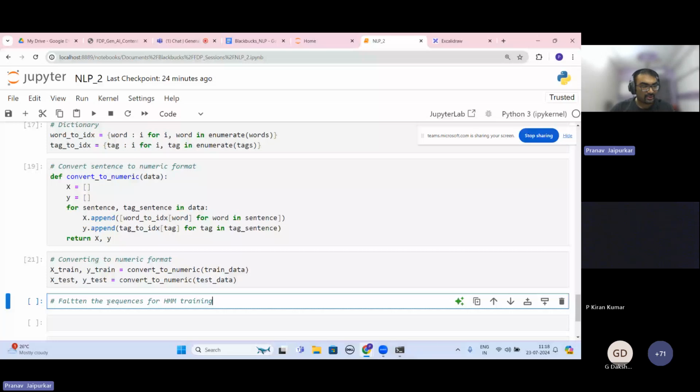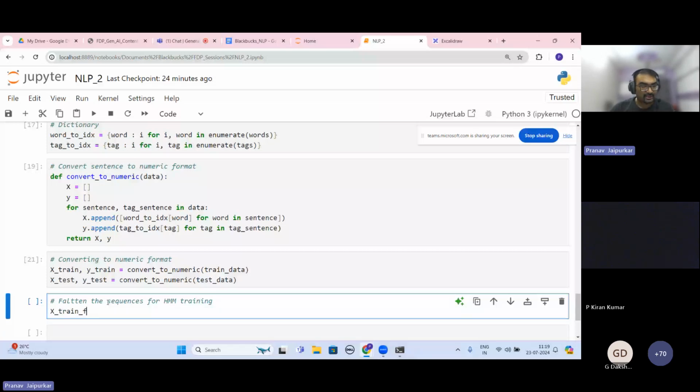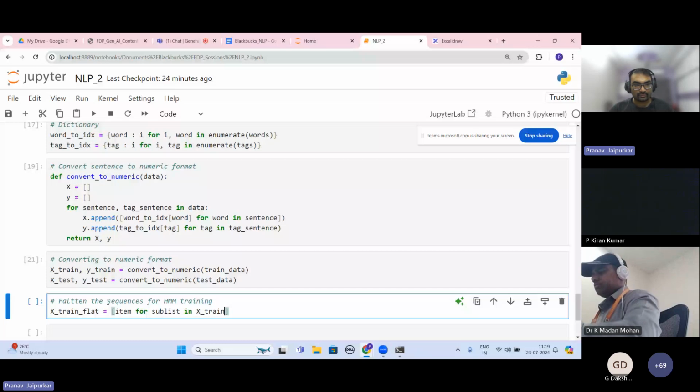So X_train_flat is equal to item for sublist in X_train for item in sublist. And similarly,